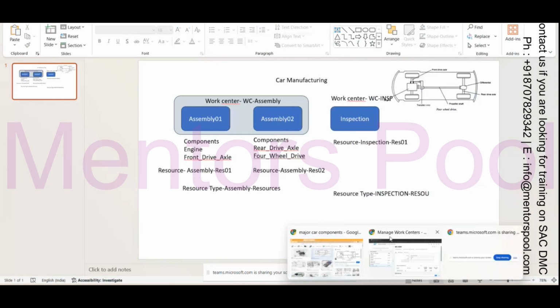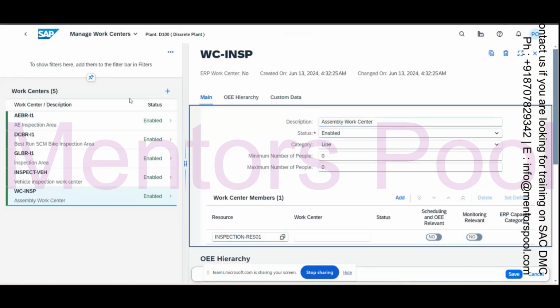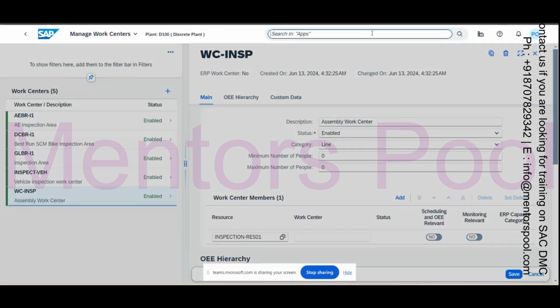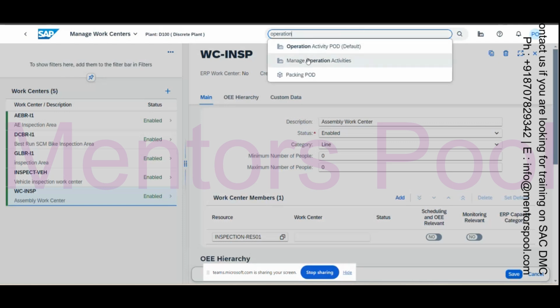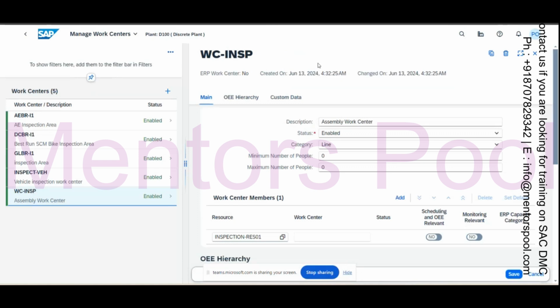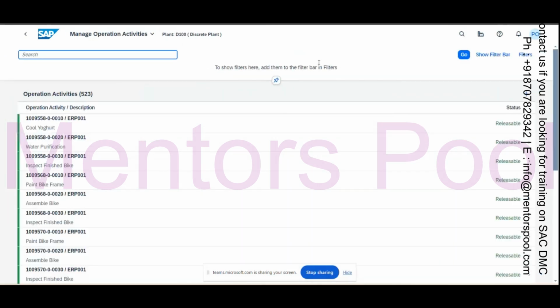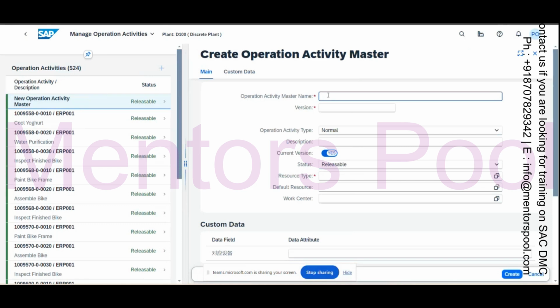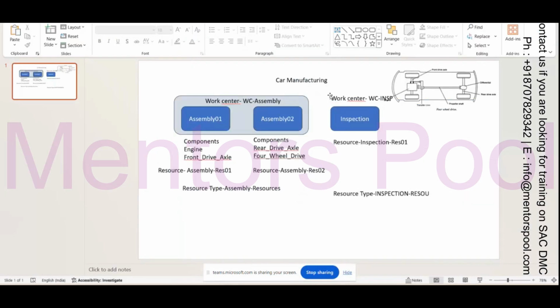So for creating the operation, you can search here for the operation. Can you see there is a manage operation activity? Yes, I can see. So this actually you can use for the operation creation. These all are the master data that we are creating. So here click on add, and here you need to give the operation name. So you already have the operation name in hand,